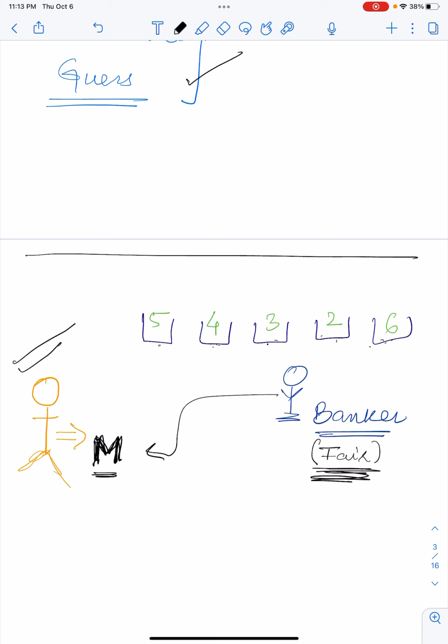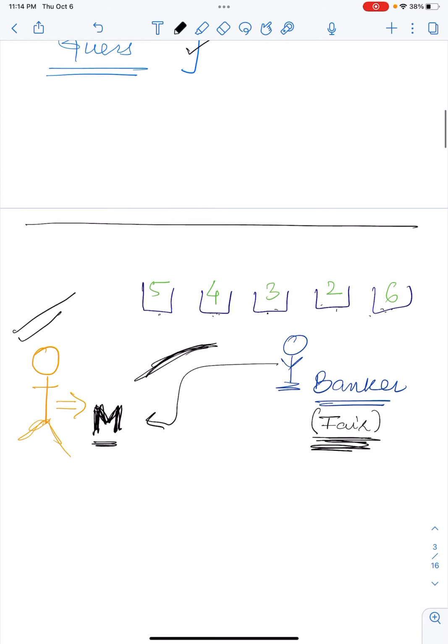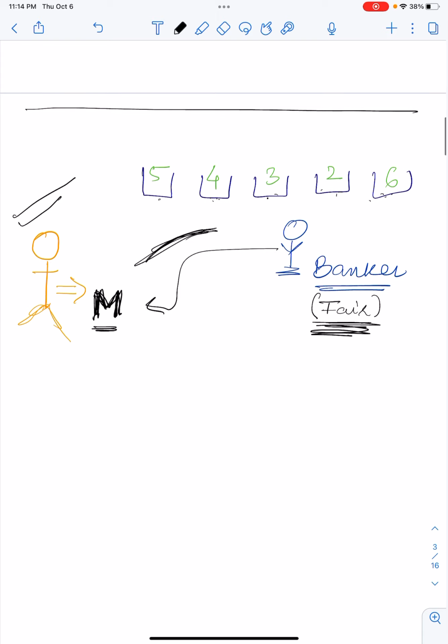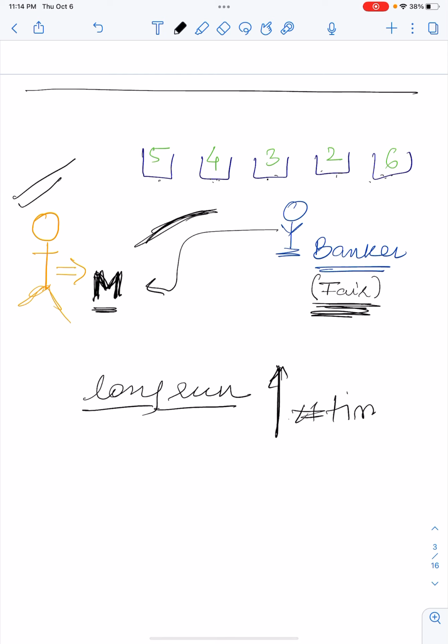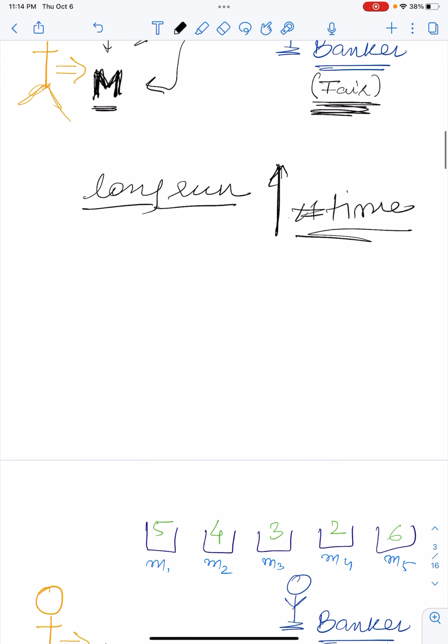And this experiment or this event happens periodically, maybe on a monthly basis or a daily basis or a weekly basis, but this keeps on happening again and again. So what do you think, if someone asks you that at any instance, if this experiment is conducted in the long run, or a very, very large number of times, what do you think this M could be?